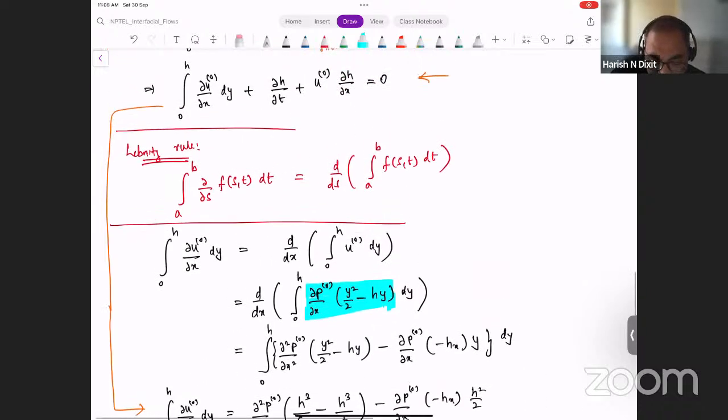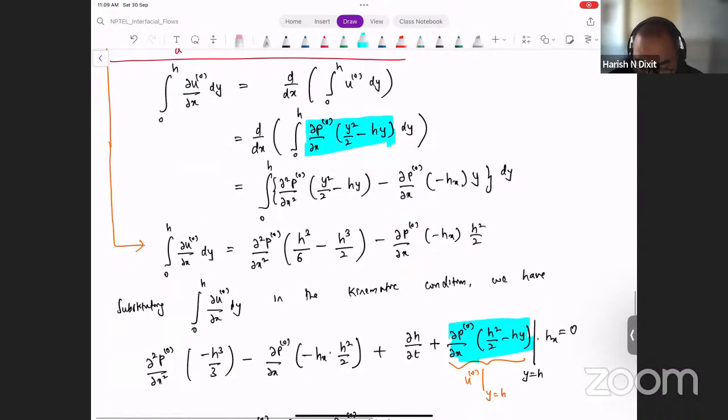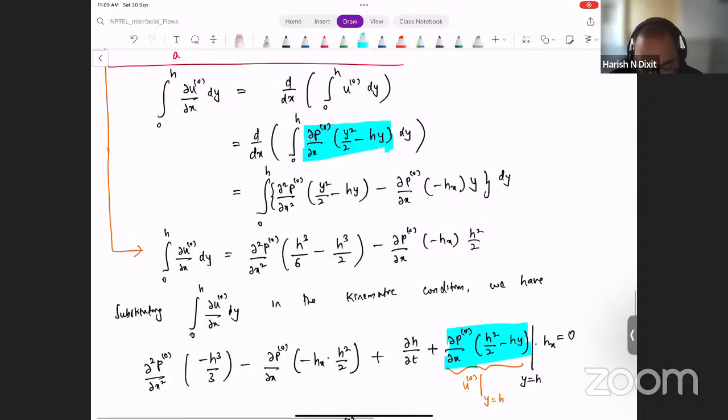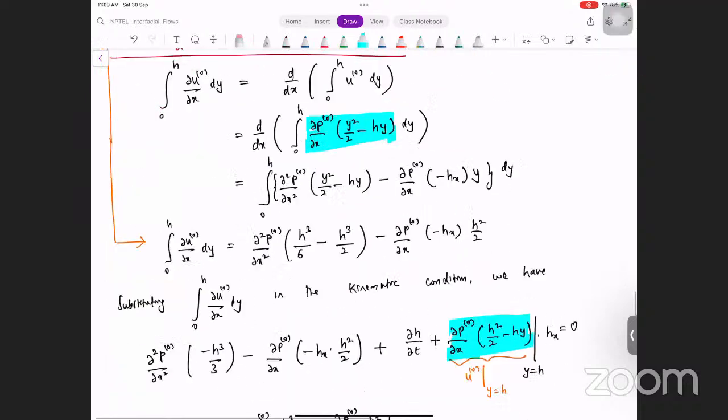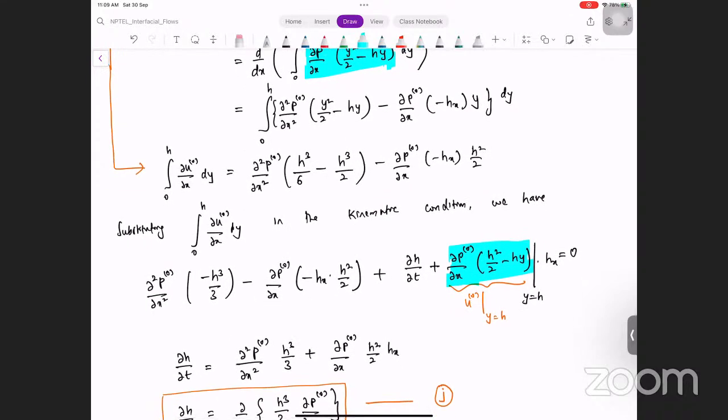I'm just trying to connect this equation here, the kinematic condition, the equation over that I'm highlighting here. I'm connecting this to the equation here, and I don't see anything wrong so far. I don't see any algebraic mistakes. But sir, here, if you put y equals to h here,